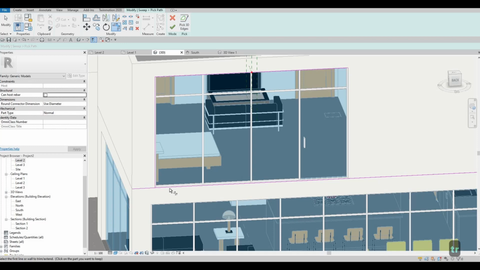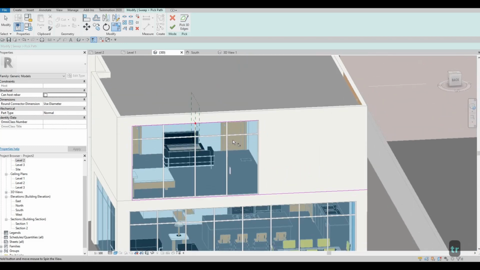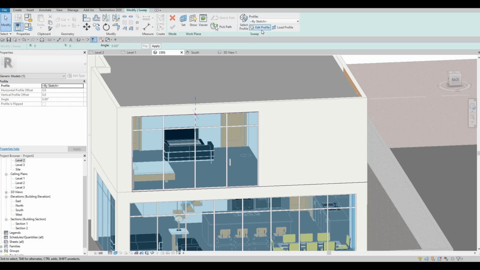So here I'm gonna trim this. And I'm gonna leave this design like that. Click finish,